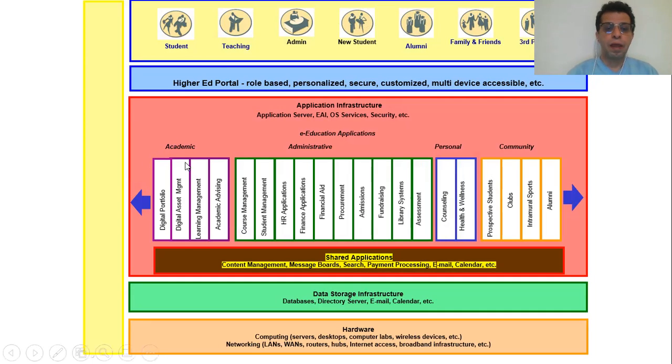Basically, you see a full solution for any education institute, college, or university. Every college or university is made of academic, administrative, personal issues, and community. There is no other solution out of these that you might think of. It could be a third party, but nothing within the university or college that is available.